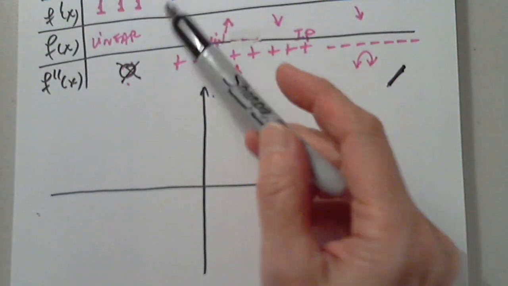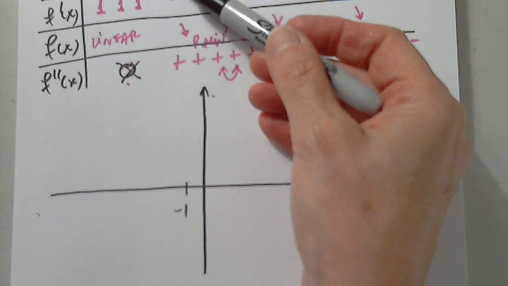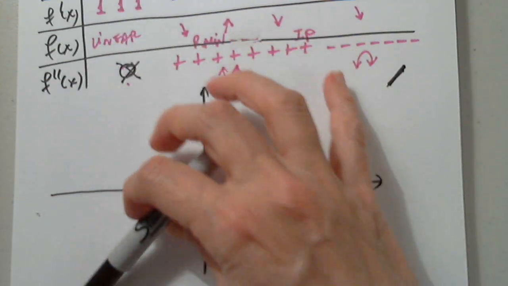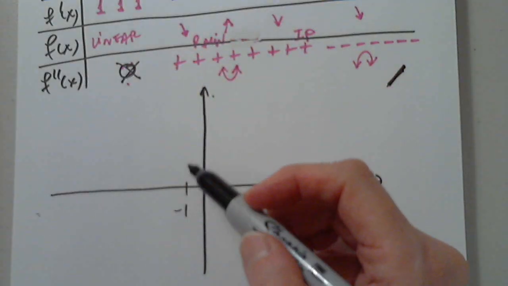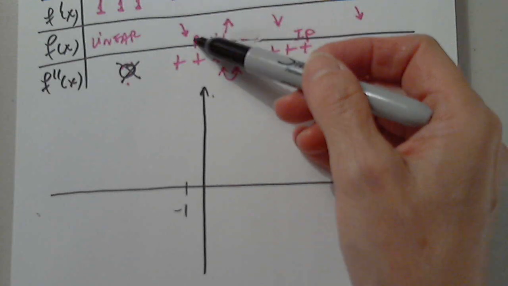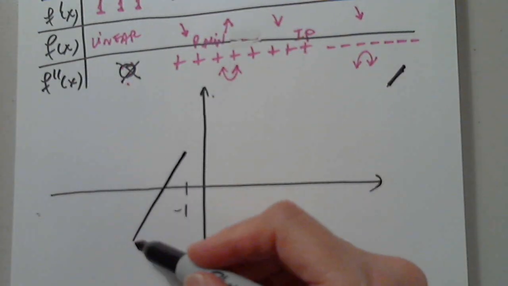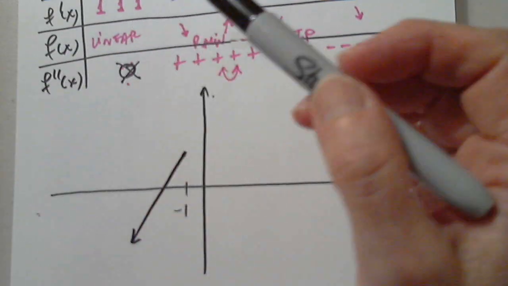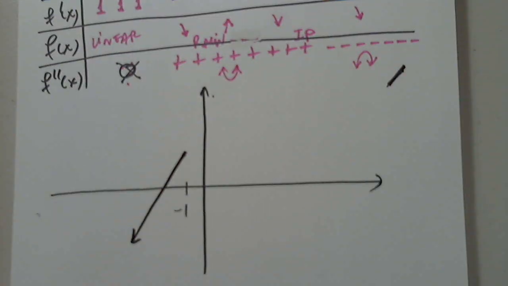So at -1, till it gets to -1, the function is linear and it has a slope of 1. Okay? And then it starts decreasing. Slope of 1, linear. It gets to this point, whatever the point is. Allow me to change